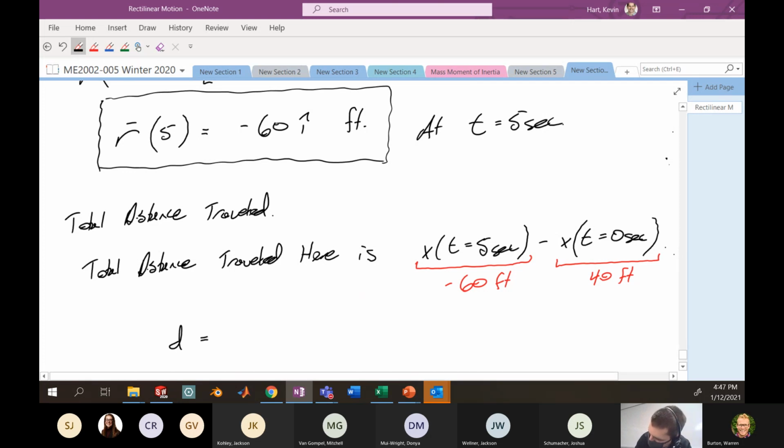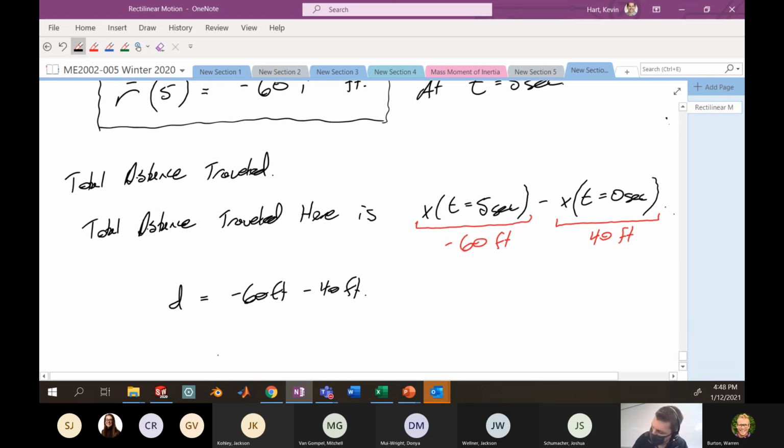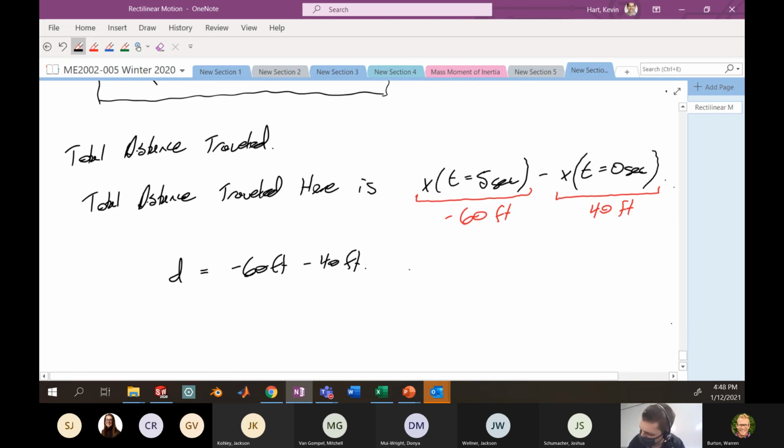So here, the total distance traveled is negative 60 feet minus 40 feet. And typically you would want to give the absolute value here. So the total distance traveled here is 100 feet. Now you have to be wary here because